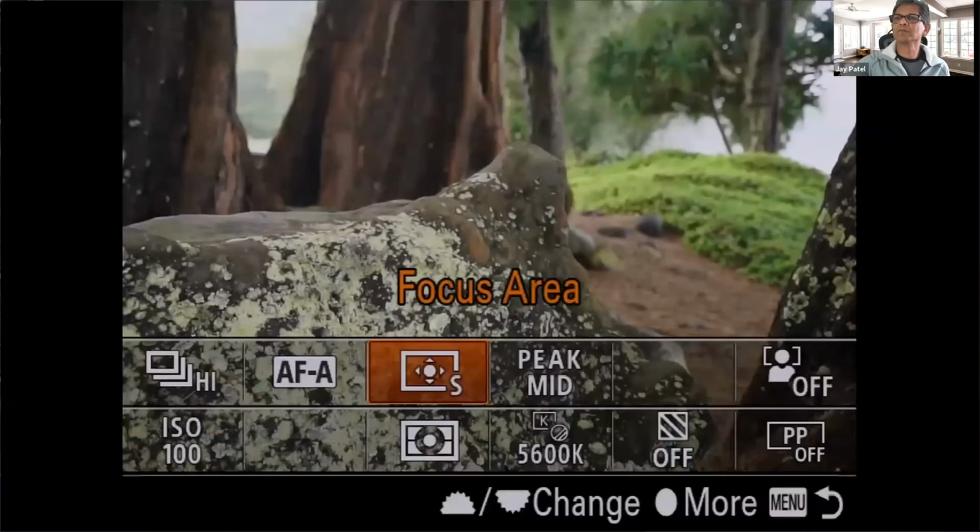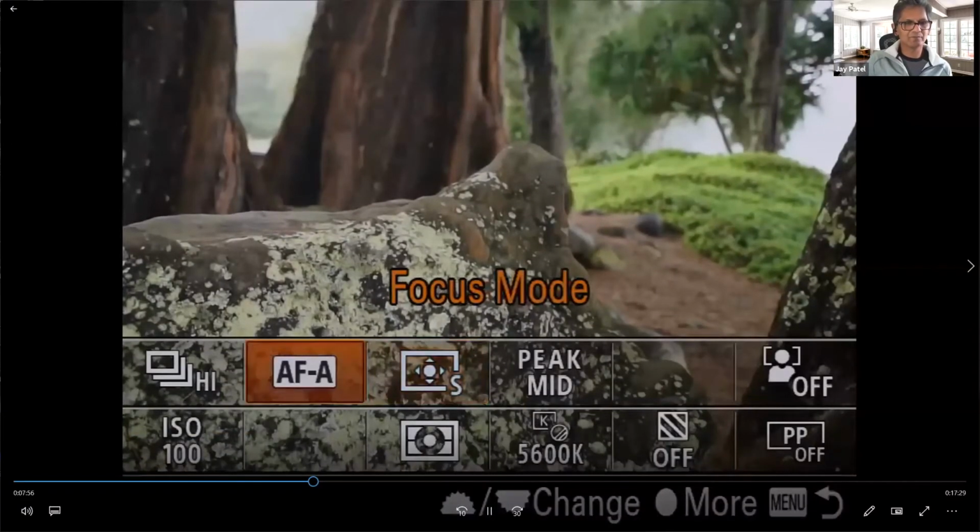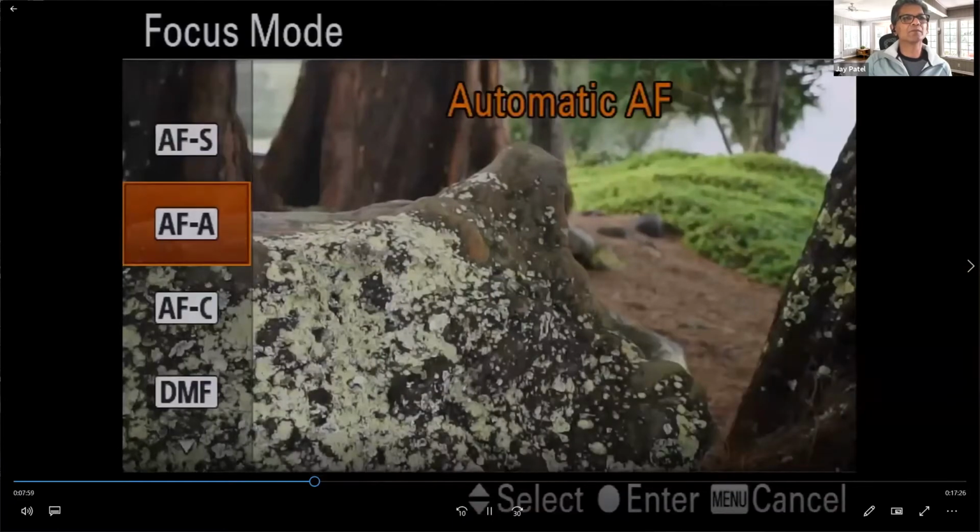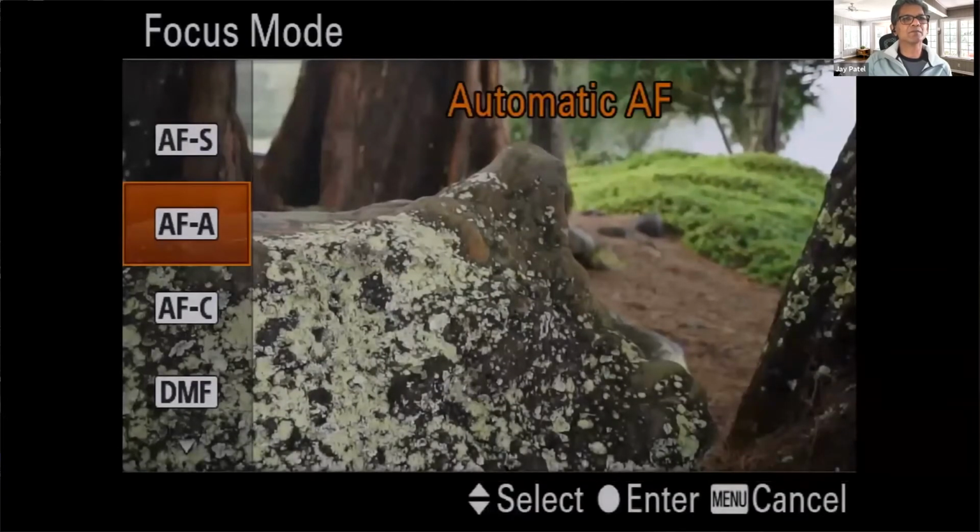So every DSLR or mirrorless camera will have some choices where you'll be able to select focusing zones. Once you have selected the focusing area, the other thing you have to determine is whether you want single shot or automatic focusing. So let's see how you can set this. In my case, instead of just automatic focusing, I can go ahead and select